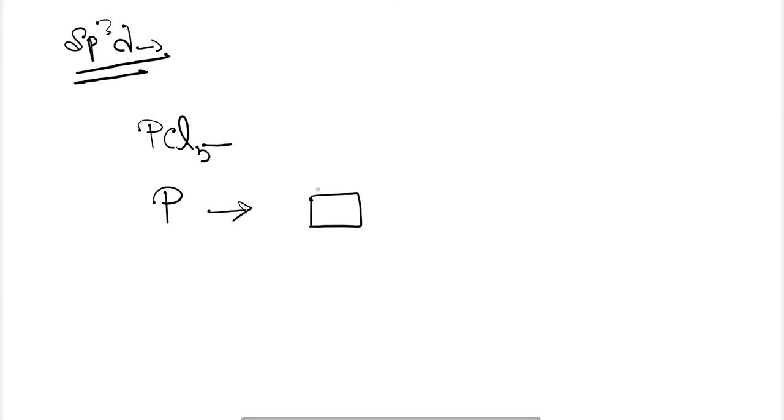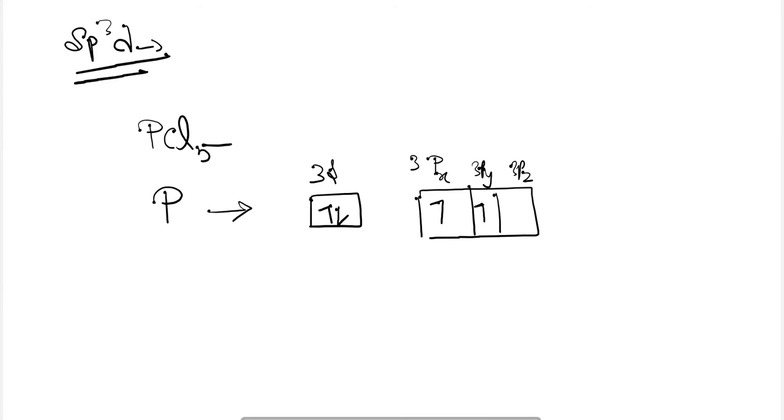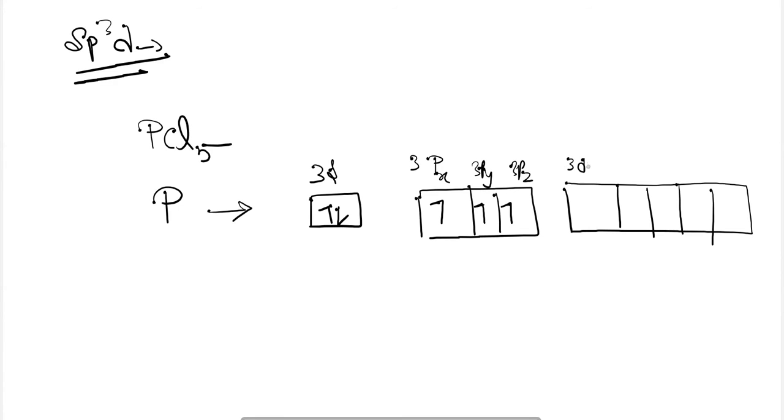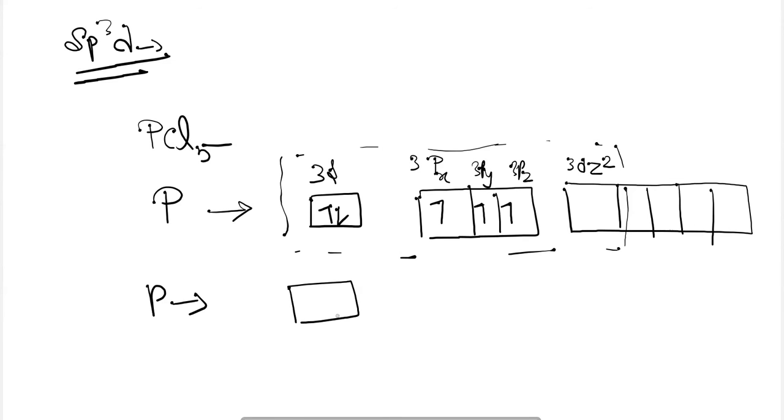So P has 3s2 and 3p3, that is 3px, 3py, 3pz, and 3d0. Out of the 3d orbitals, the 3dz2 orbital will take part in the hybridization, and the hybrid orbitals formed will be sp3d. It will look like this,